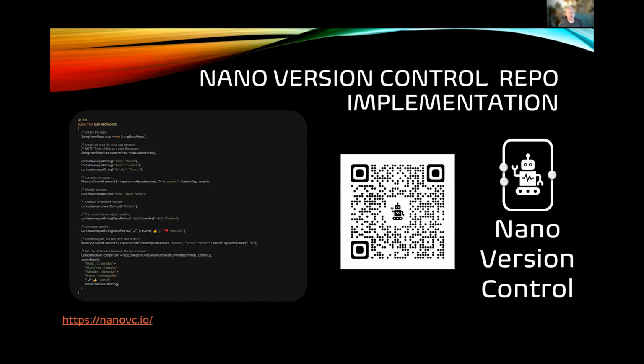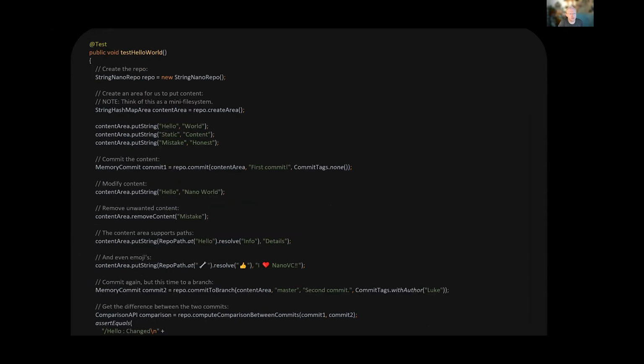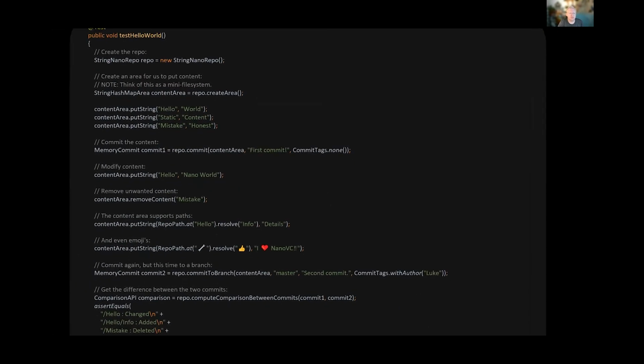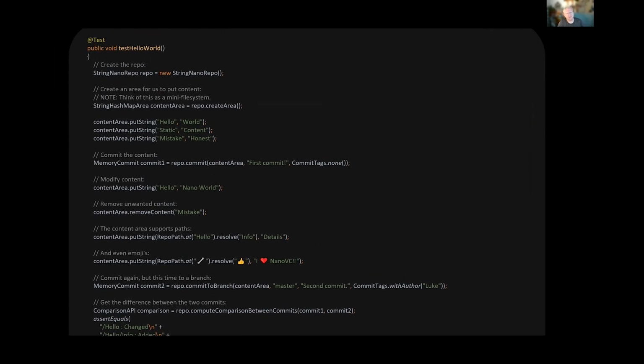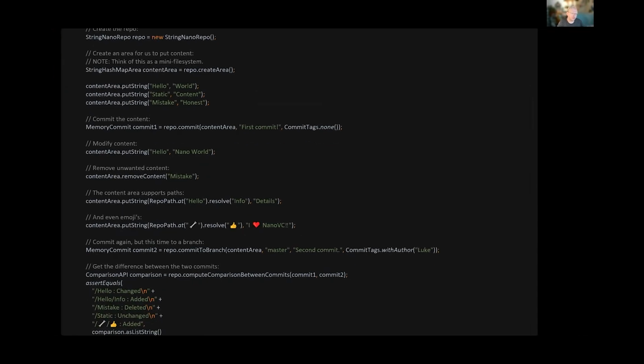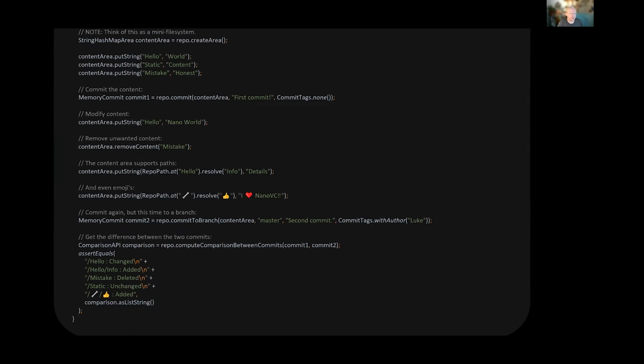We've got an implementation of nano version control working. It's actually through its second major overhaul. And if you're interested in checking it out, please, I urge you, go try it out. This is a glimpse of what it may look like. It's in Java, but anyone who's familiar with using Git on the command line or using tools for Git will immediately start recognizing how you can just start committing content, checking it out or creating branches, and then comparing different commits to see the differences.